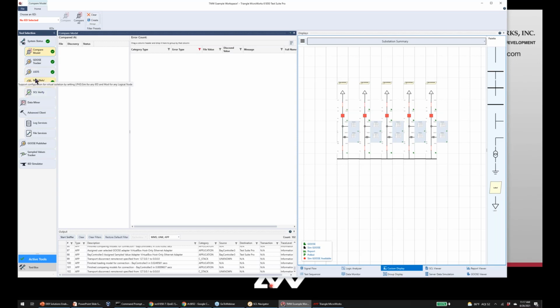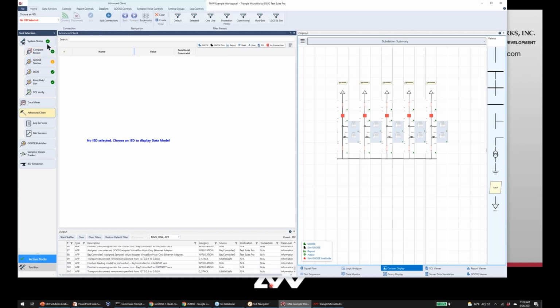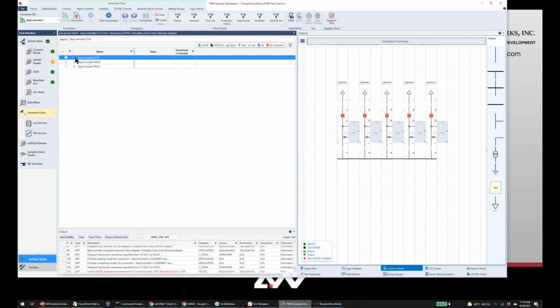We have some other tools here that help identify what's going on in the system from a testing perspective. There are some advanced test features built into 61850 that we provide some nice interfaces to. And then we go down and we have what we call the advanced client. This is a very low-level interface that allows advanced users to get in and interrogate the device in a fairly low-level way.